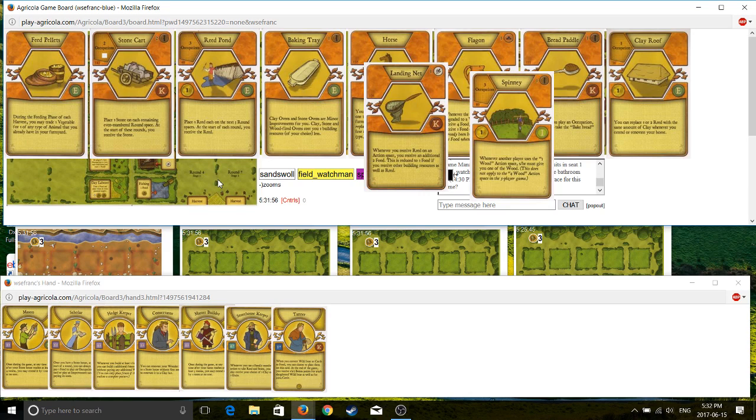Oh man, I have some excellent picks here. Landing Net is great for me because I want to go on Reedstone Food a lot. Reed Pond is great because I want to build multiple rooms. I think though the pick is Stone Cart, and I think if I play Stone Cart early enough, then I